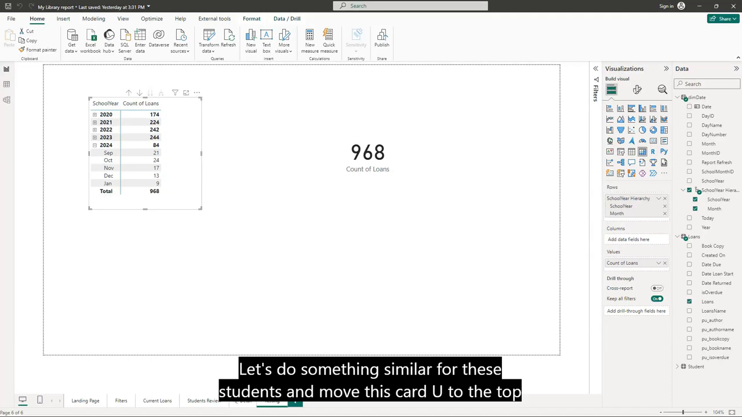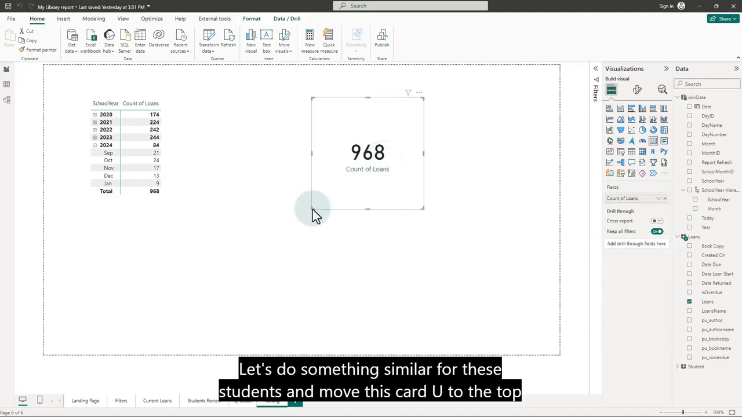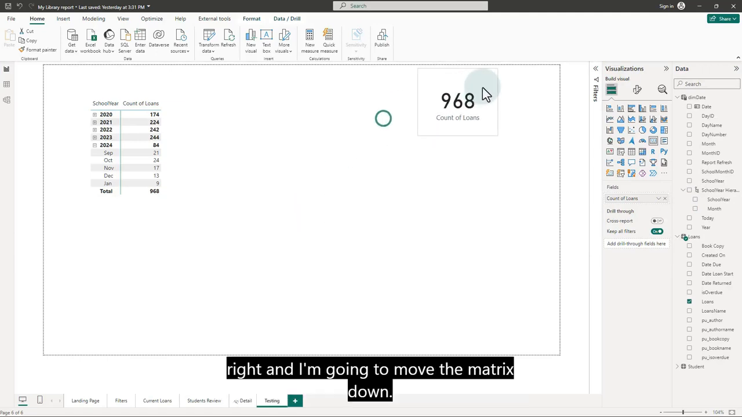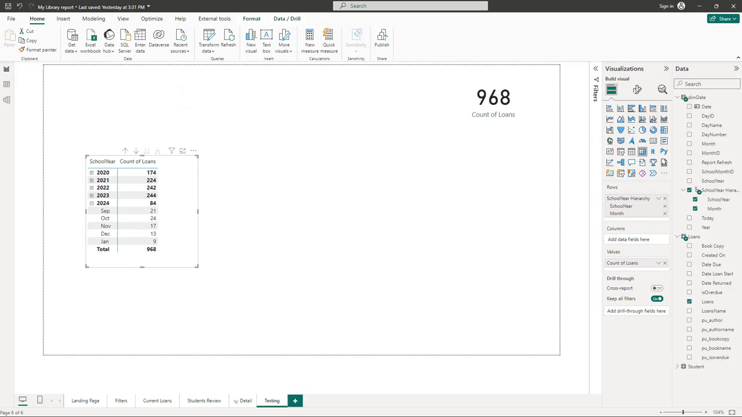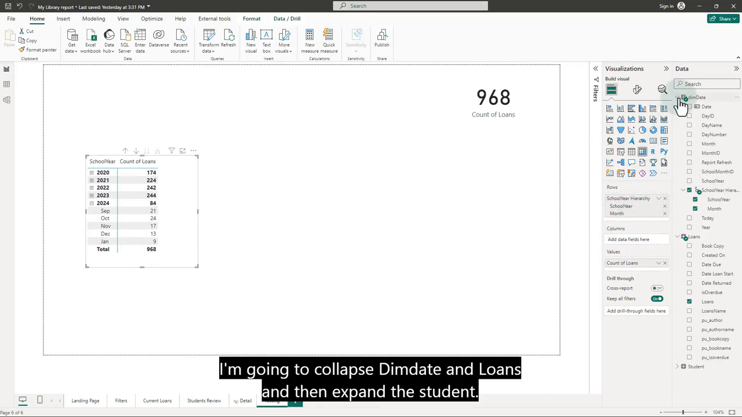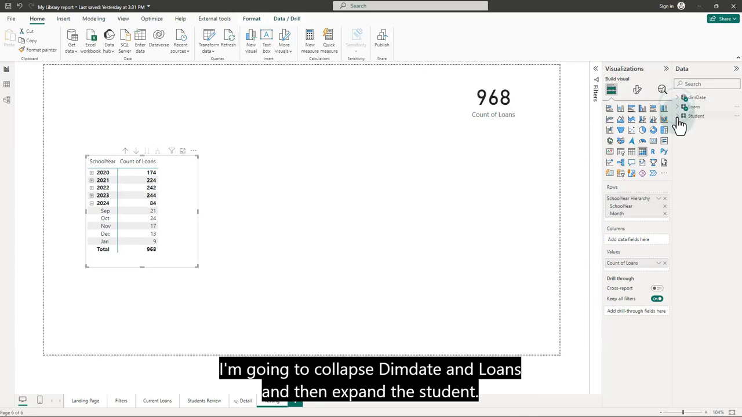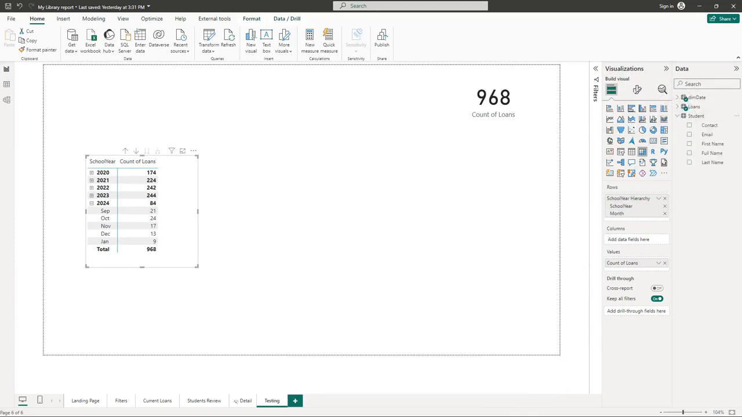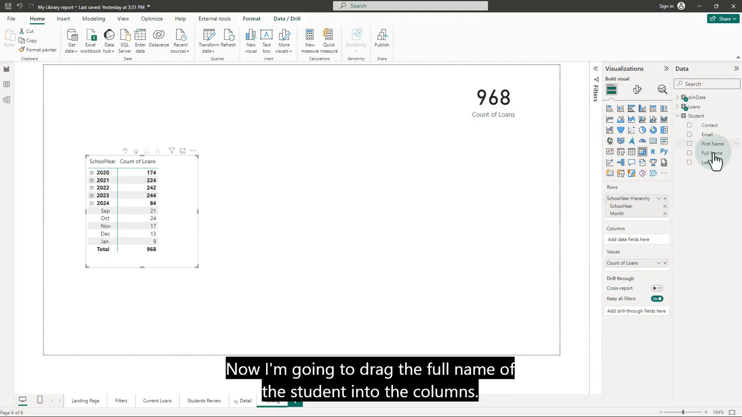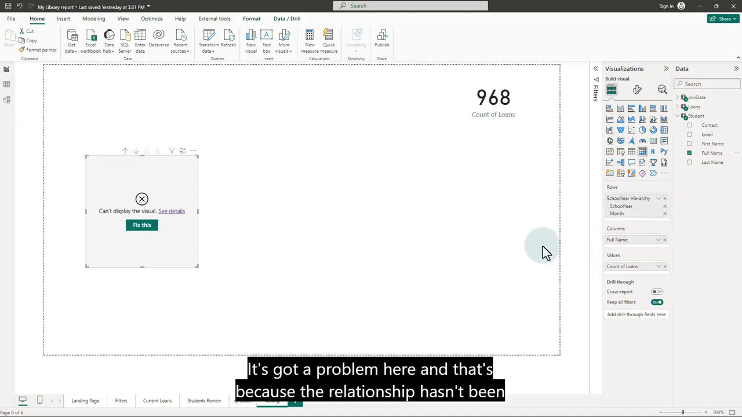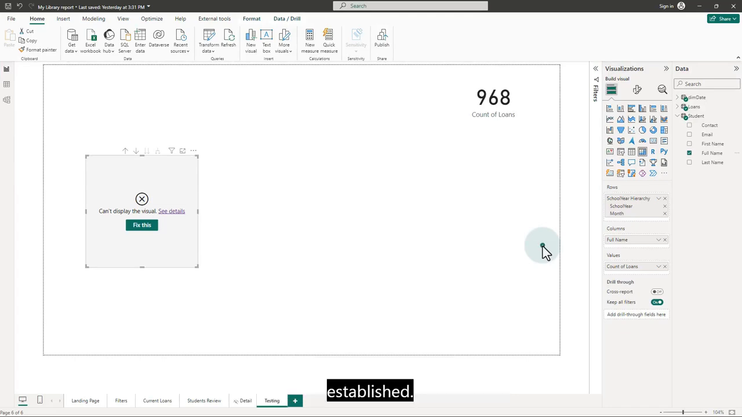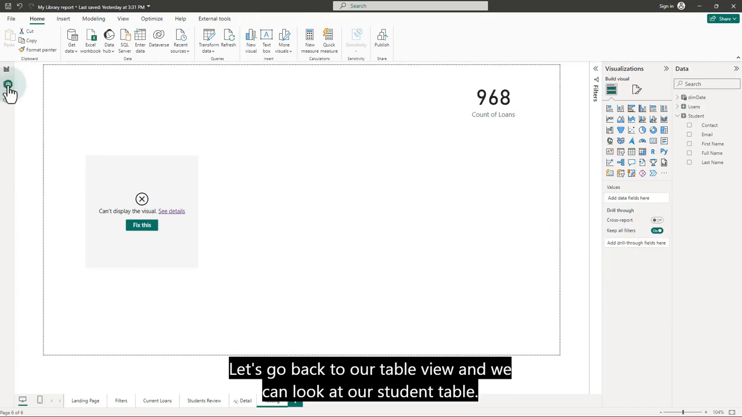Let's do something similar for the students. I'm going to move this card up to the top right, and I'm going to move the matrix down. I'm going to collapse dim date and loans and then expand the student. Now I'm going to drag the full name of the student into the columns. It's got a problem here, and that's because the relationship hasn't been established. Let's go back to our table view,